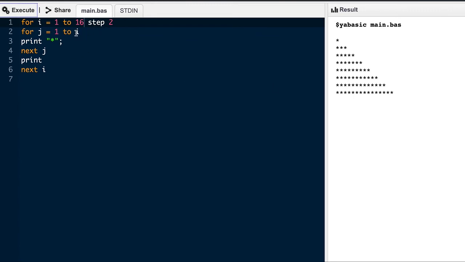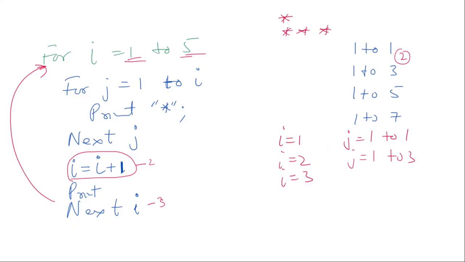Why? Now this is a simple i over here, but you have complicated the i over there. j is equal to 1 to i, but the i is like step 2. Step 2 means i was 1, then 3, then 5. So this is a simple logic, no doubt. But I wanted you to have this as the number of lines itself, and do all your jiggery-pokery over here. There is a reason to it, and let me share one of the reasons.